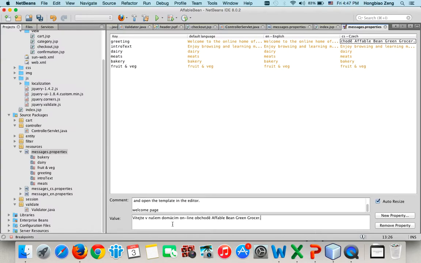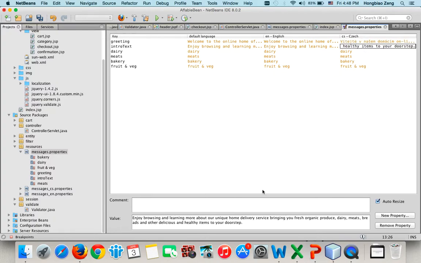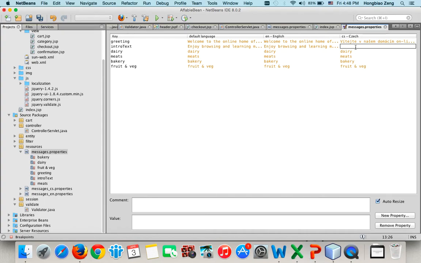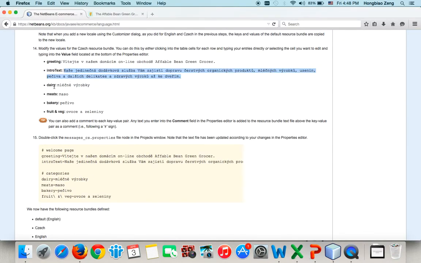I change his value. Okay, then now you see it's changed. Now for this one, enjoy browser whatever, I also go to his tutorial website. Then copy his. Notice that if you use Google Translate, I actually did that, you will get different from this tutorial. I'm not sure which one is more accurate. So you paste it. Okay. Then for this dairy, then I will go to here,